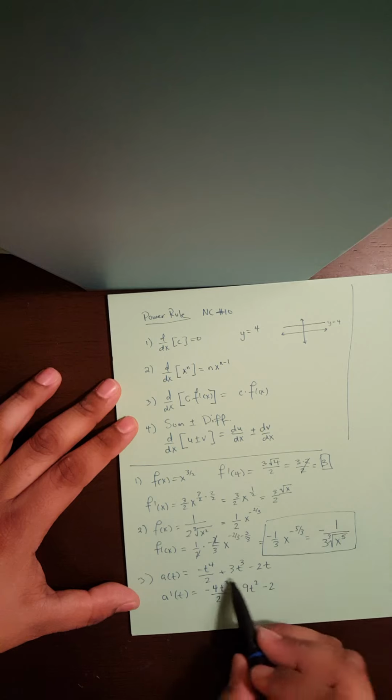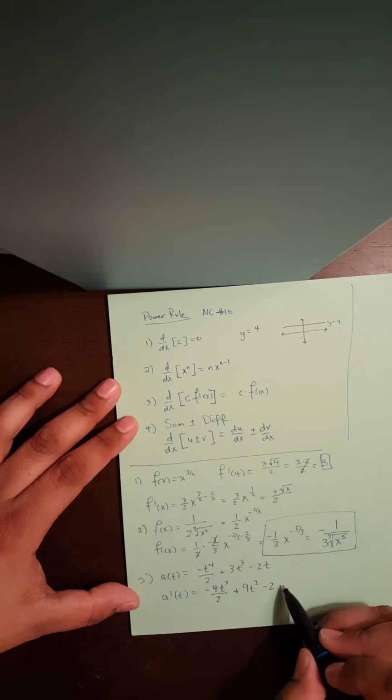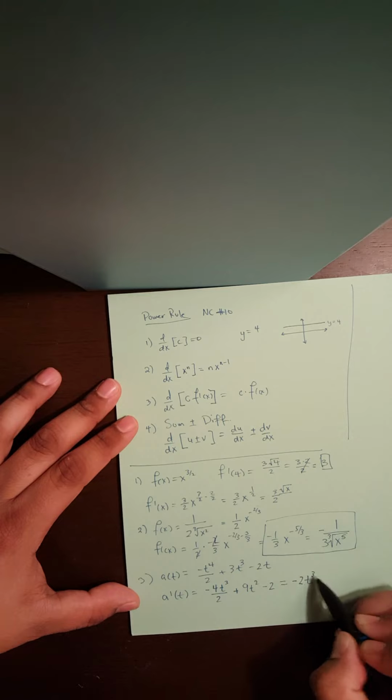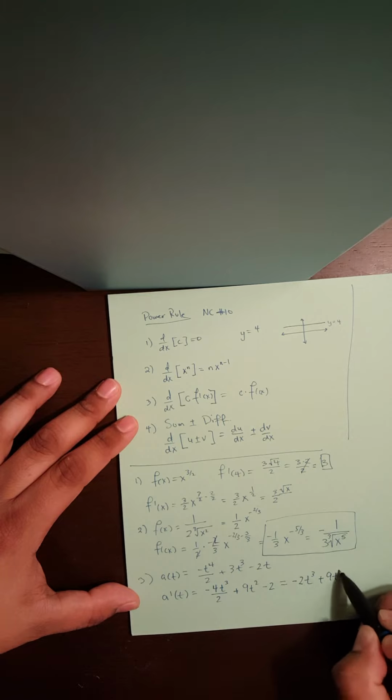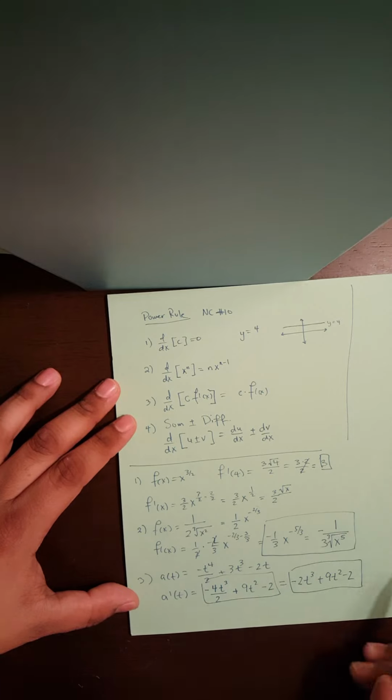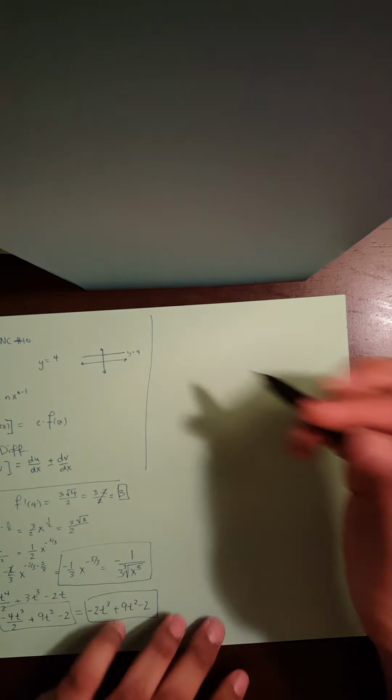Okay, so once again, technically this is your answer. But just for good practice, let's go ahead and reduce it. We get negative 2t to the 3rd power plus 9t squared minus 2. And bam. So this is an answer, and also this is an answer. Both are acceptable. All right, so the next and final one is